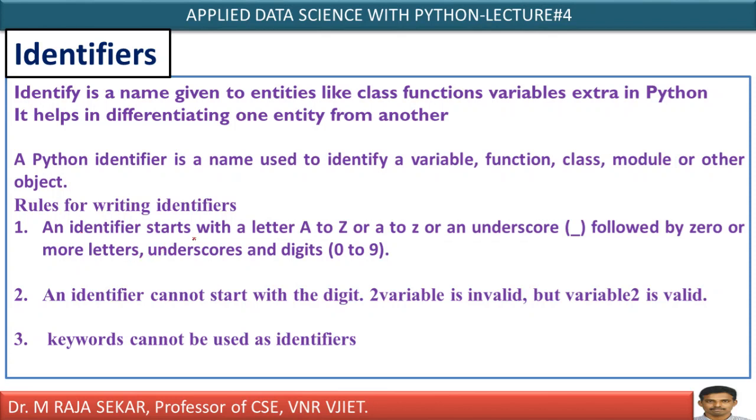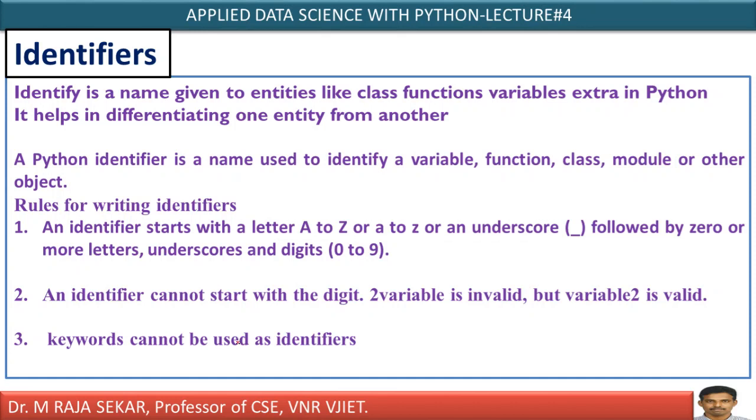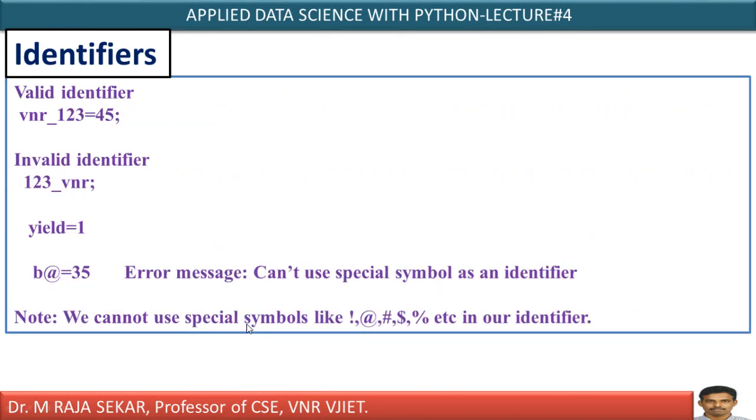There are different rules for identifiers, which you might have learned in your C language class itself. An identifier starts with a letter, that may be capital A to capital Z or small a to small z. Even it can start with an underscore. It must not start with a digit. In an identifier, you can have small letters, capital letters, and digits, isn't it? But it must not start with a digit. For example, 2variable is an invalid identifier, but variable2 is perfectly right. It's a valid identifier. I already discussed what keywords are. Keywords cannot be used as identifiers. These things I will discuss in the Python Jupyter Notebook.